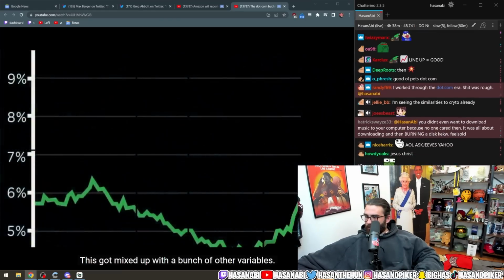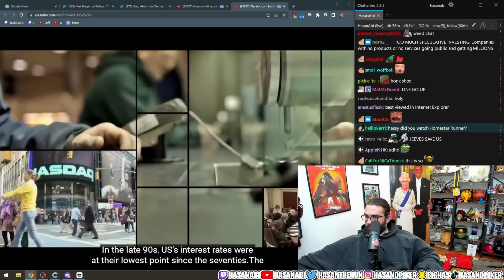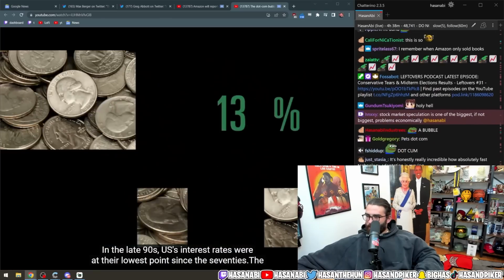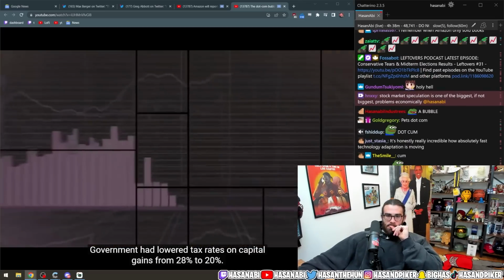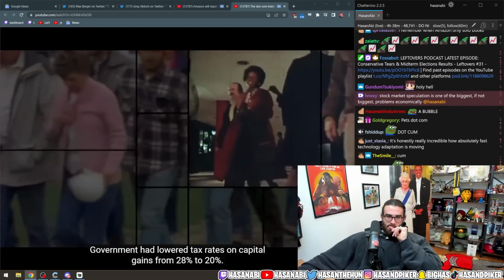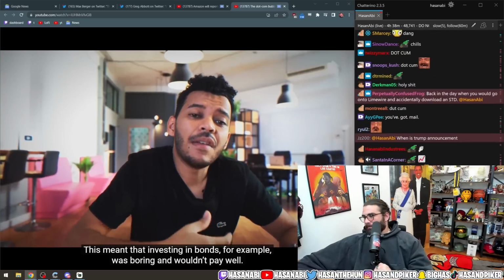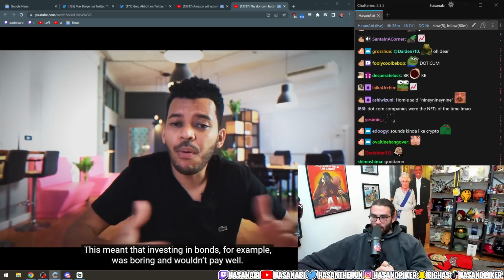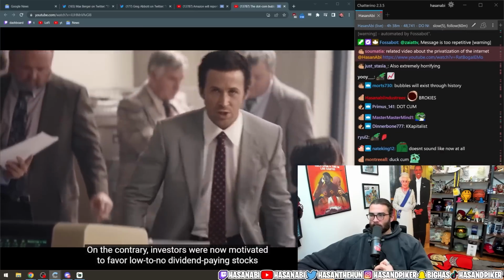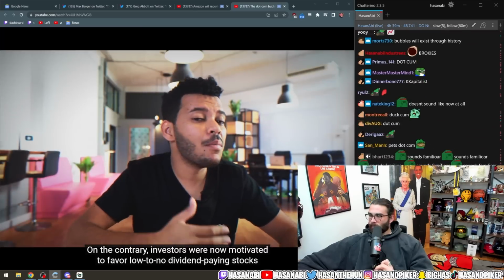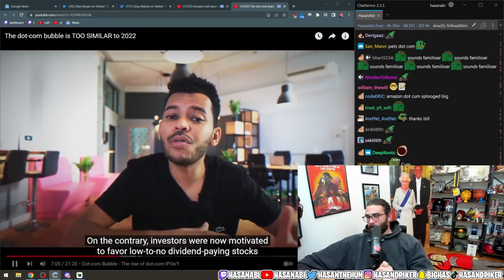This got mixed up with a bunch of other variables. In the late 90s, US interest rates were at their lowest since the 70s. The government had lowered tax rates on capital gains from 28% to 20%. This meant that investing in bonds, for example, was boring. And if banking was boring, then the bond department at the bank was straight up comatose. On the contrary, investors were now motivated to favor low to no